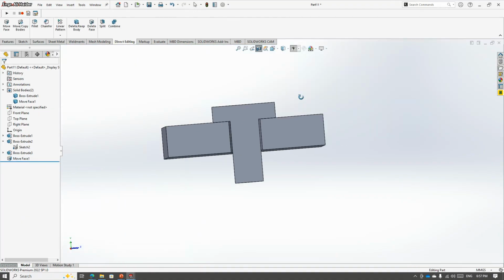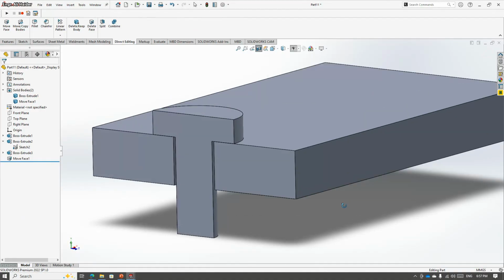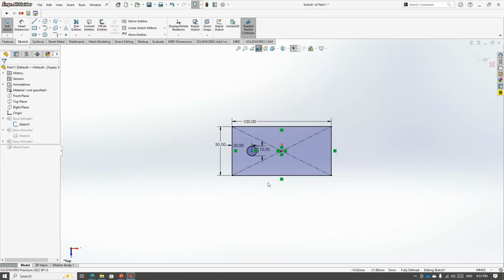So you can see we have our two parts, the clearance is there. We have completely updated our part. We can simply save these two bodies for the injection molding as separate bodies. I have just applied one feature, and the part is ready for the injection molding. Similarly, if I want to change it to two, maybe,